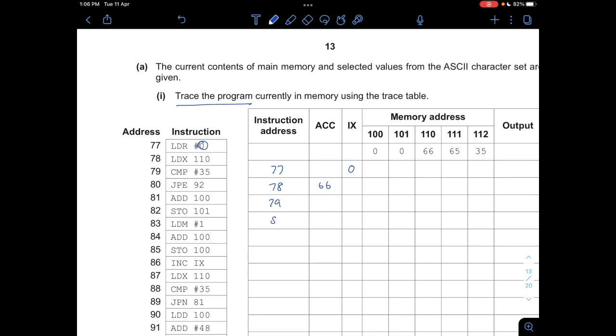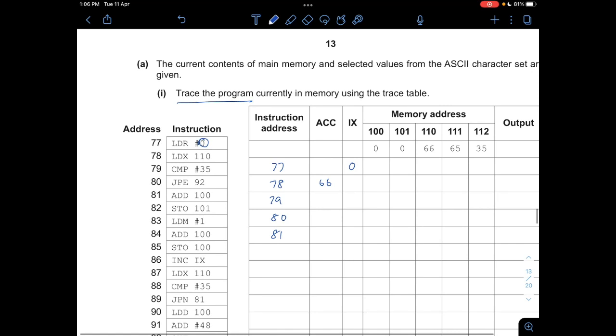We just move on to 80. So JPE means you'll jump to address 92 if, let's say, the comparison was true. Since the comparison is false, we just jump to 81. At 81 we add the accumulator's value into memory address 100, because there's no hashtag in front, so we are adding it into the memory address. So this one will be at 100, so in that area we'll put 66. And then 82,